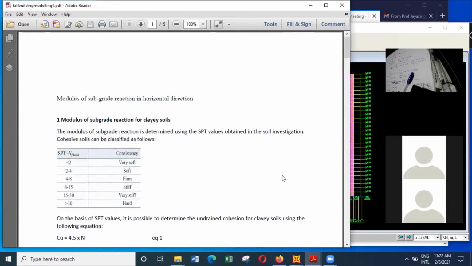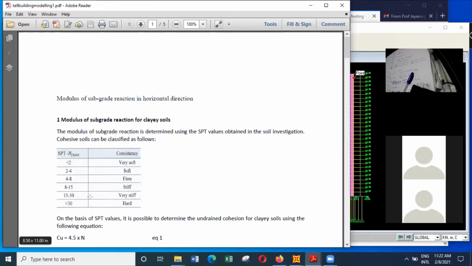So we can have different types of soil. So mainly can be divided into clay soils and sandy soils. So when you have clay soils, we know the clay soils also we can get SPT value. We can get a SPT value, and